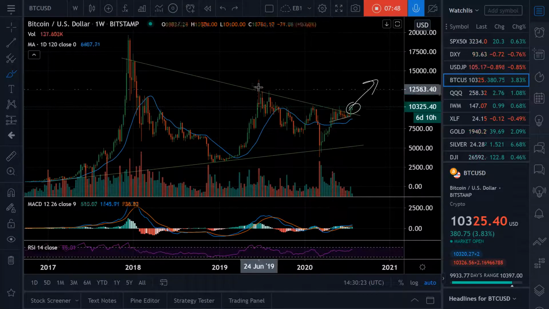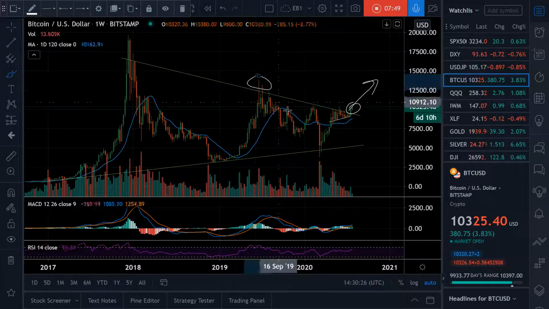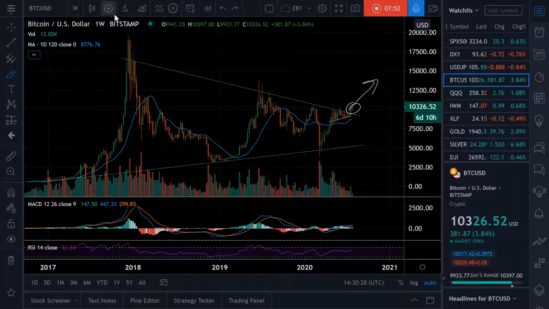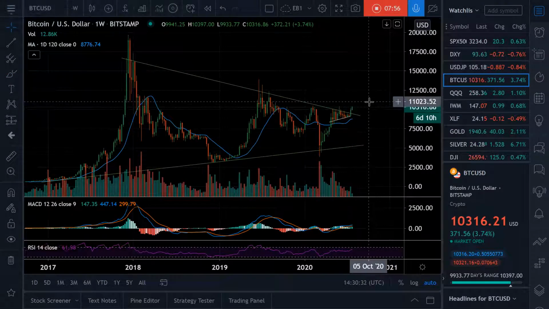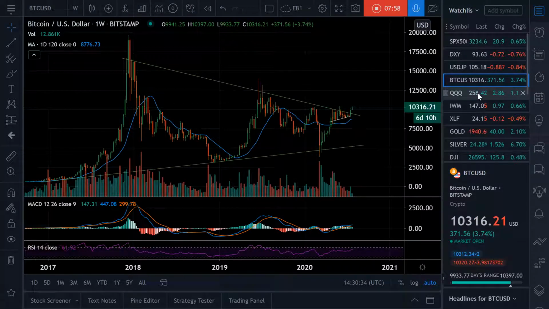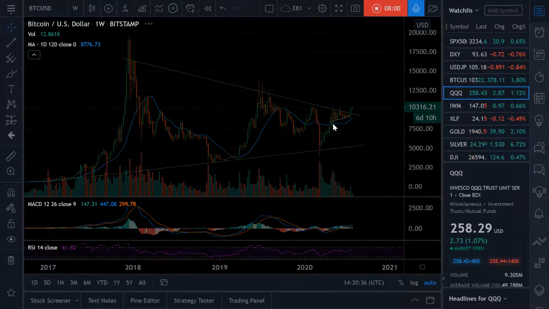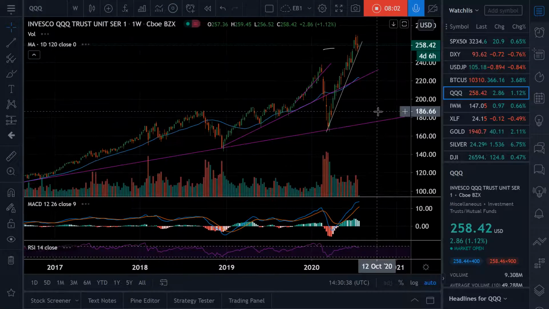And these are solid green candles. They're not like these little tiny wicks that reversed out last time. So I think we might actually get a bullish setup here for Bitcoin, which would make sense with a weak dollar. And then the infotech sector